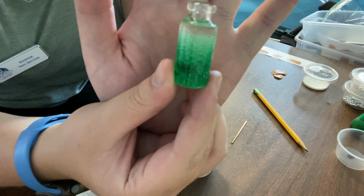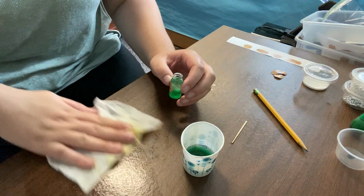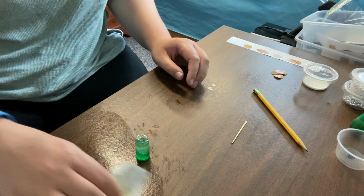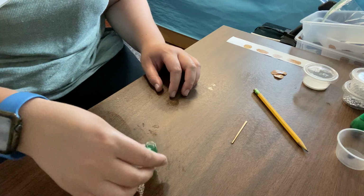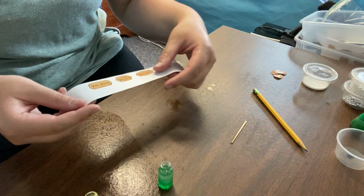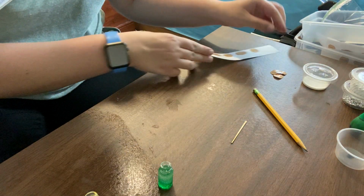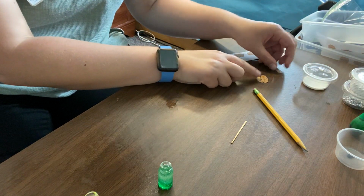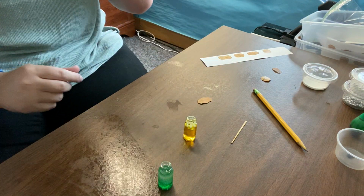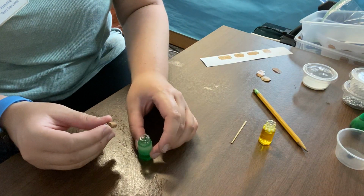It's kind of bubbly, which I like more for a potion. So it looks more bubbly and everything. We're going to put that to the side. I like the oil look. It's kind of like a lava lamp in a tiny bottle. So next you're going to end up cutting out your, what do you call them, your labels. I have some already cut out. I'll show you guys how to put this label on. Actually, we'll do the labels last. So let's add the cork so we don't spill the